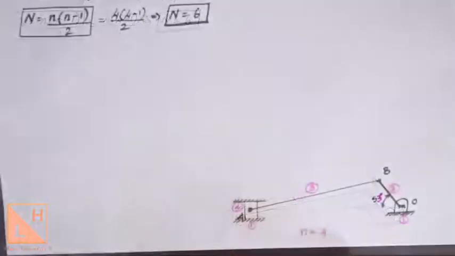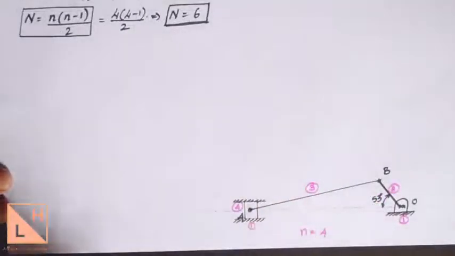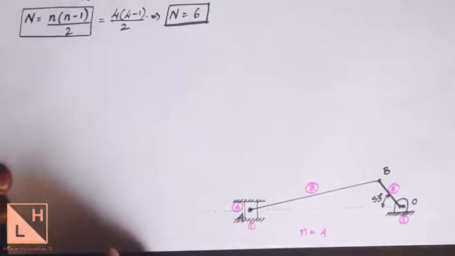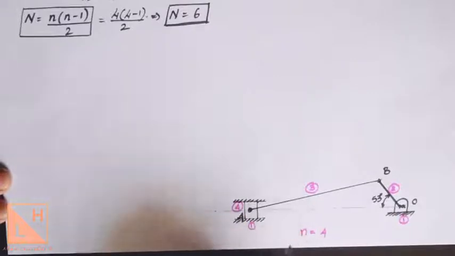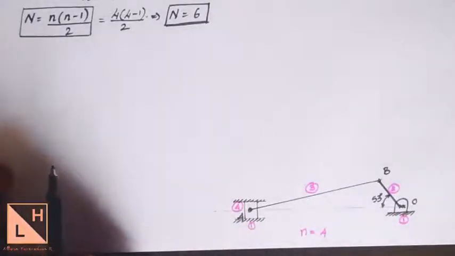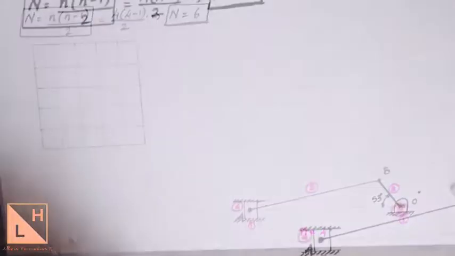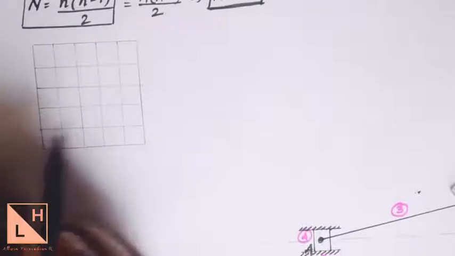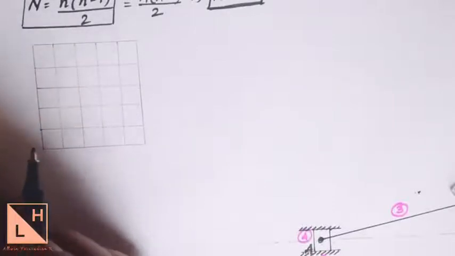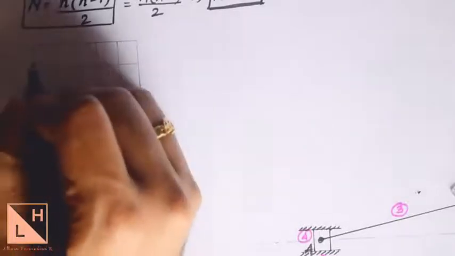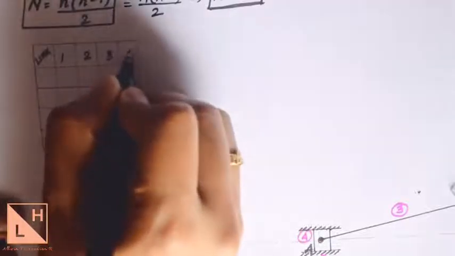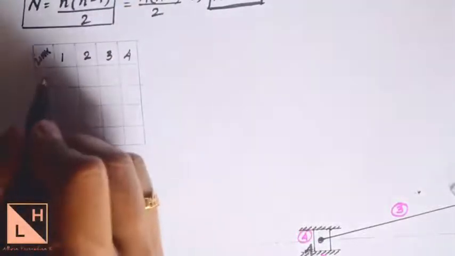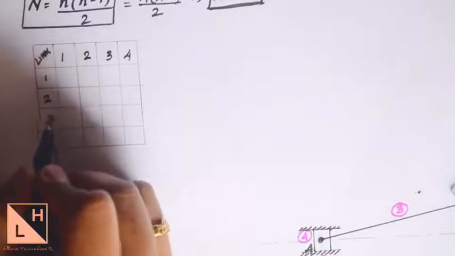To identify the names of the instantaneous centers, we simply have a box method. So let us construct a box depending on the number of links. Here we have got the number of links as 4, so we construct a matrix of 4 cross 4 which has the link names on rows as well as in the columns. Here we have a 4 cross 4 matrix, but here I have just made 5 boxes because I am going to keep a row and column for naming the links. So this is going to give us the name of the links. We have 4 links, 1, 2, 3 and 4, right? So the same 4 links we name vertically also.